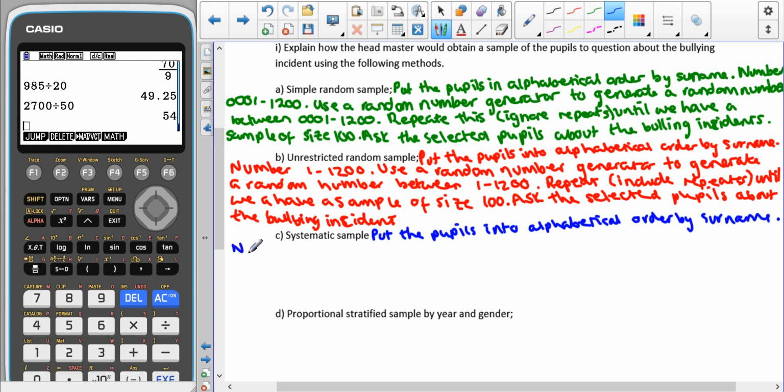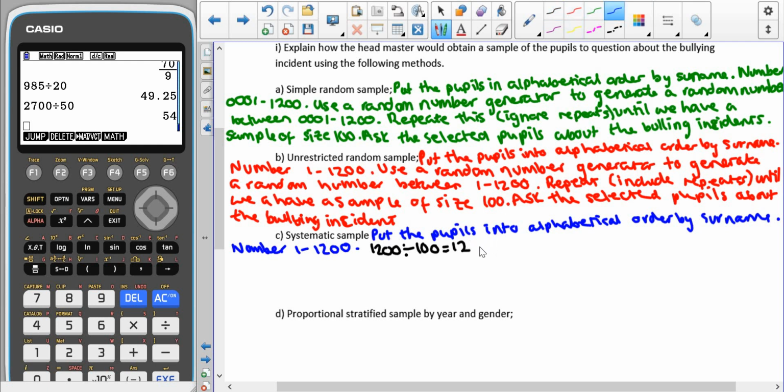We're still going to number them from 1 to 1,200. But this time, remember that you have to do your side calculation. You need to do the population, which is 1,200, divided by the sample size, which is 100, which gives us